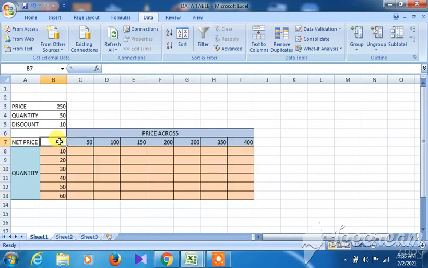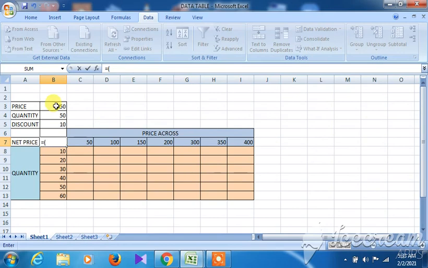So first of all, we have to give the formula. We have the price, quantity, and discount rate. What will be the formula? Equals, within brackets, B3 into B4, that is the price into quantity.